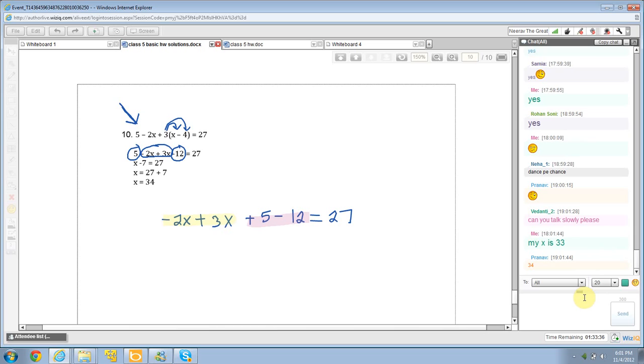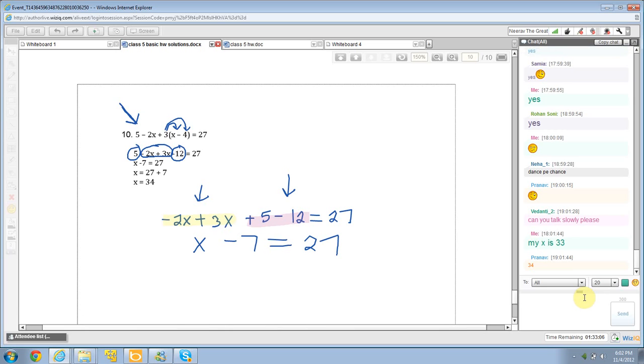So basically this is our equation. So we distributed the 3, and then we got this equation right here. And then I just rewrote the equation. So the minus 2x plus 3x came here, and the plus 5 and minus 12 came here, just so it's easier to work with. So minus 2x plus 3x is x, plus 5 minus 12, well that's minus 7,